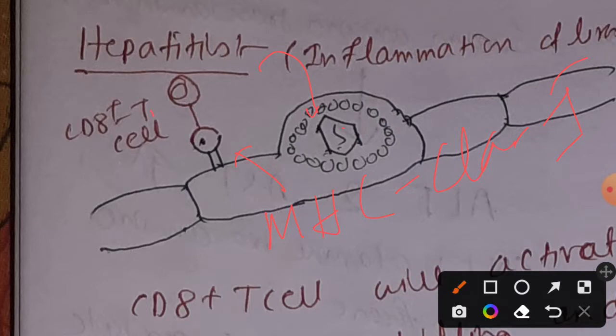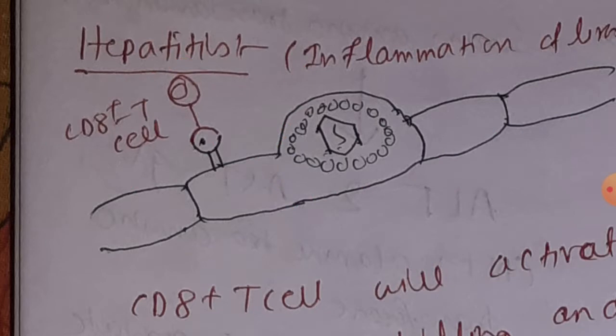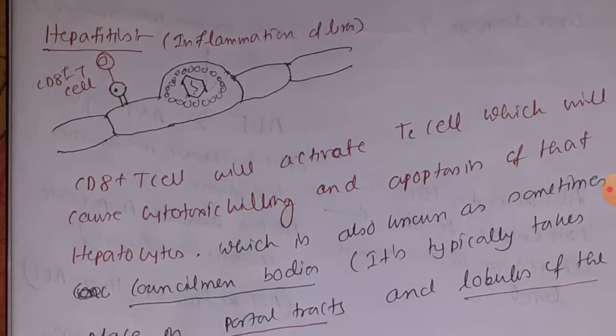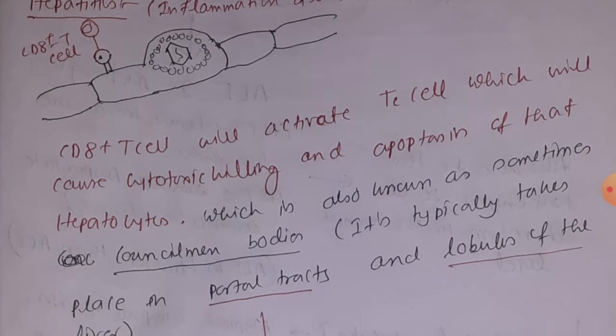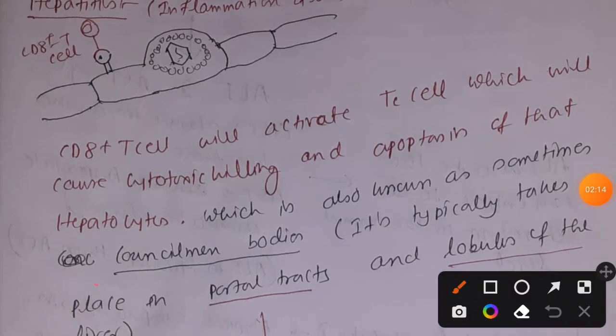Okay, and it will be recognized by the CD8 plus T cell, that is TC cell, and this TC cell will activate after recognizing it and start the cytotoxic mediated killing, and as a result the cell will become apoptotic and ultimately destroyed, and this destruction results in liver damage and inflammation in the liver, and that is what hepatitis causes. Okay, so this inflammation is often known as Councilman bodies if it occurs in the portal tract and lobules of